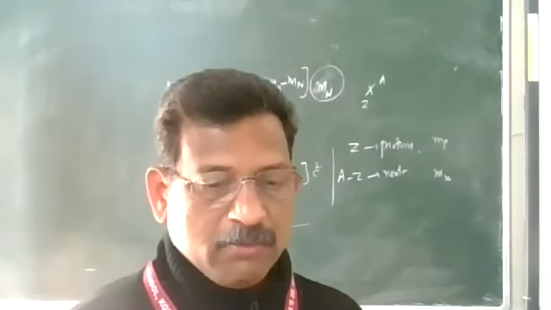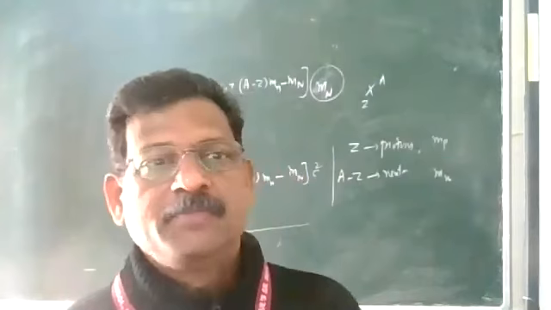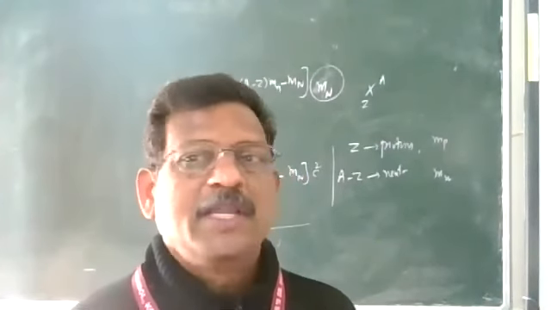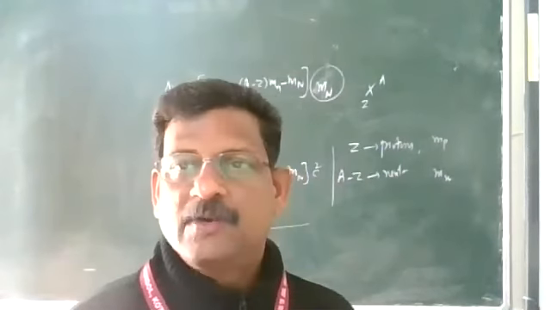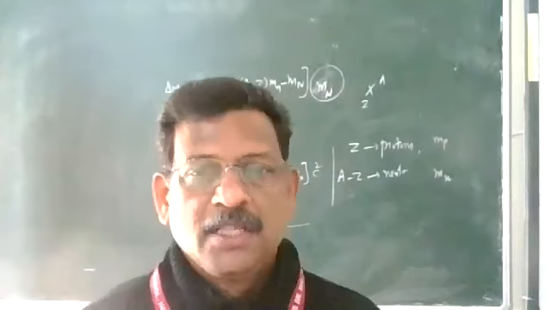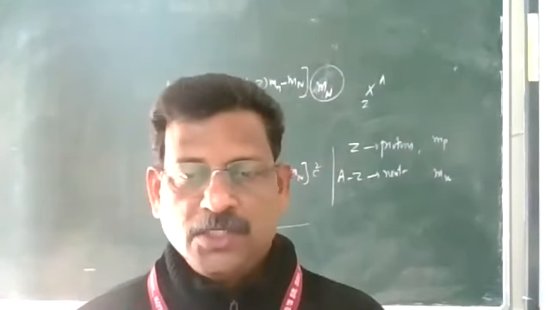So we can calculate the binding energy of different nuclei, and we can calculate binding energy per nucleon, divided by mass number, and we can make a graph also, that is known as the binding energy curve. That binding energy curve and the related topics, nuclear fusion and fission, these two topics are left in this chapter. So that will continue in the next class.